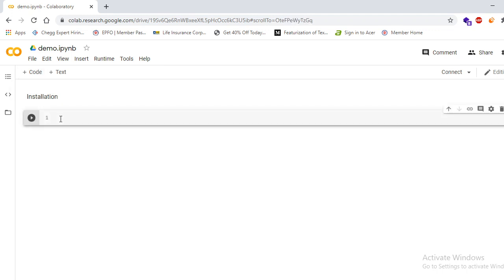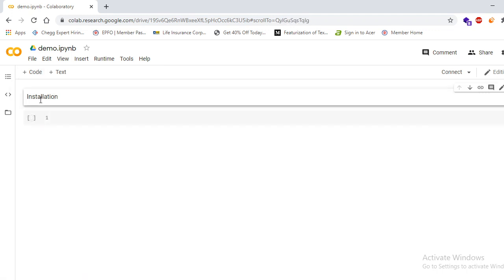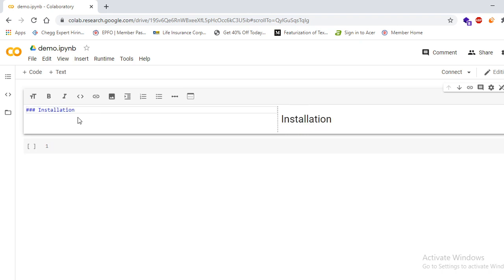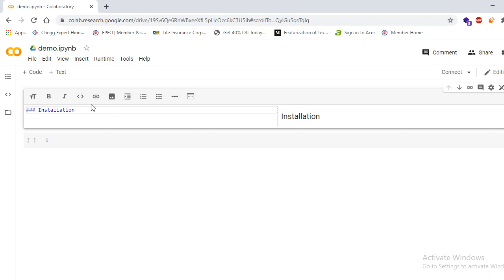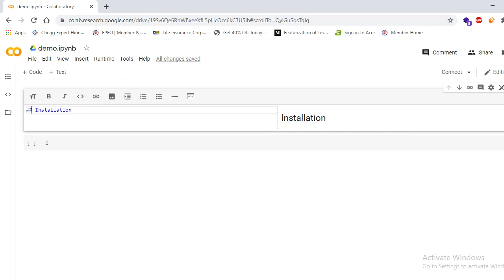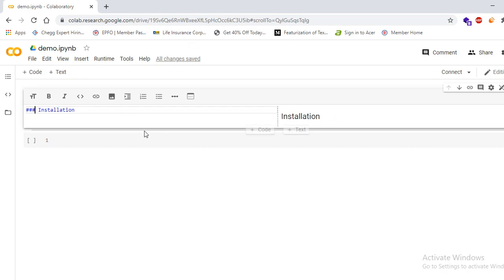After that we need to write the code, so we click on code. This is simple text. If you want to give a heading, let me edit it. For editing, you need to double click your mouse. If you want to give a heading, you can give a hash, and it will come as a heading. A single hash is the largest, the largest font size we have. If you give one more hash, it is like the headings in HTML: h1, h2, h3. If you know HTML, you will be able to map it. If you give three hashes, it will be an h3 heading in HTML.